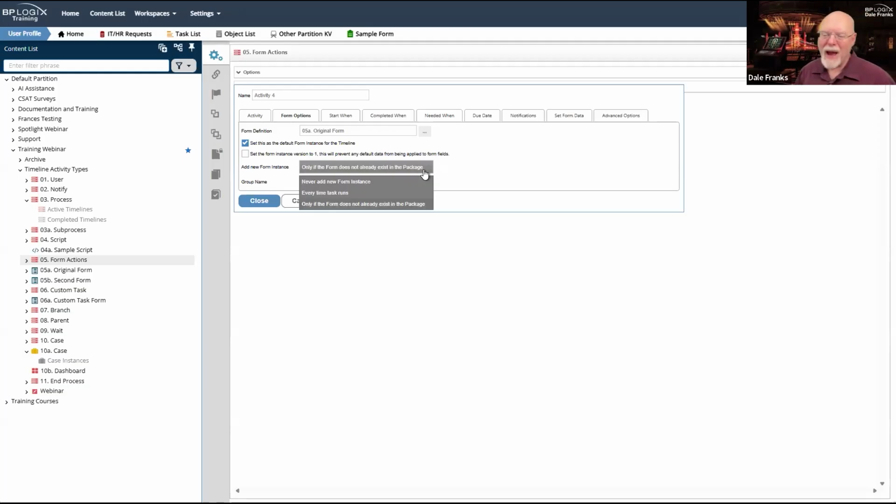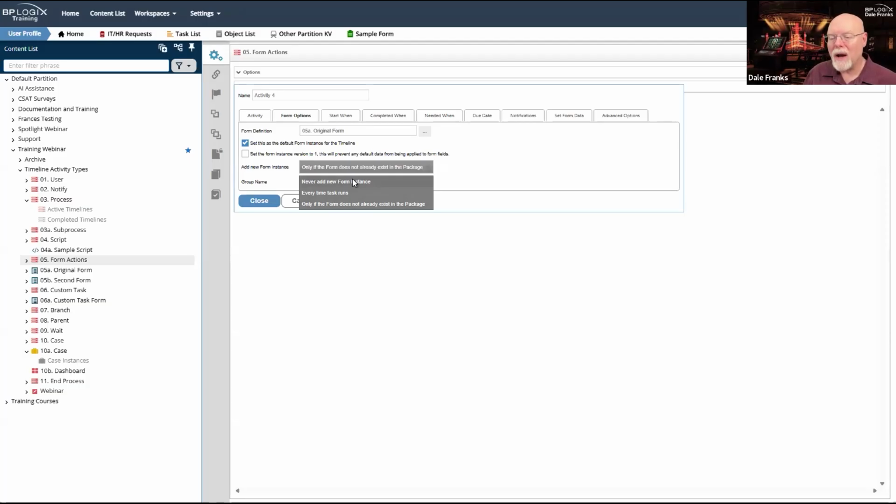You have a couple of other behaviors there. You can actually add a new instance every time the task runs, or you can never add a new form instance. That gets a little bit trickier.